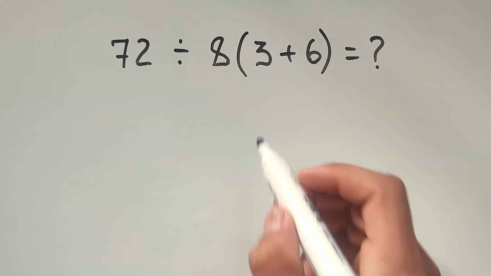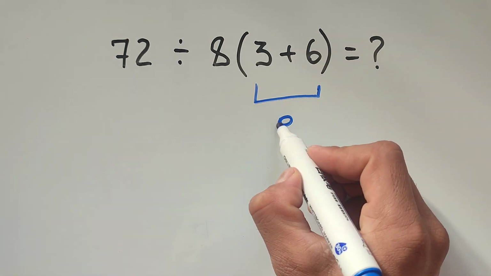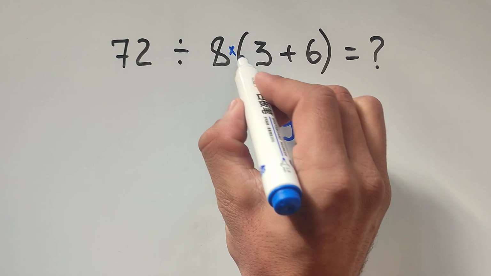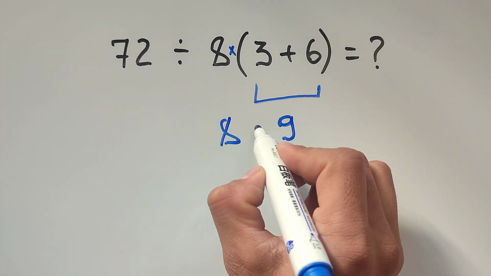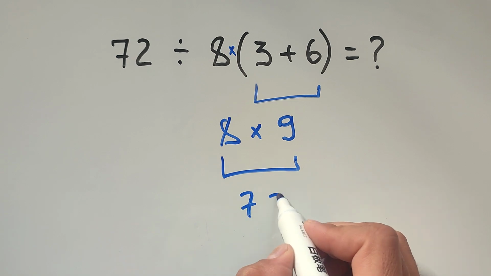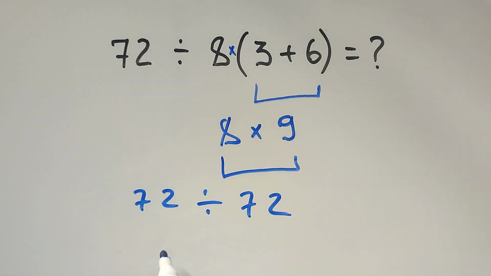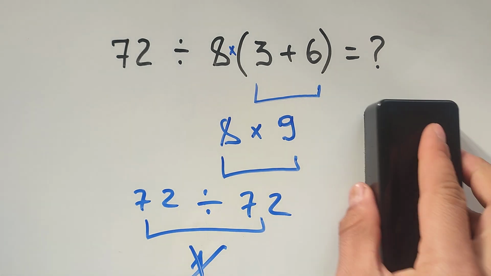First, we do this. 3 plus 6 equals 9, and there is multiplication here. 8 times 9 equals 72, and 72 divided by 72 equals 1. But this is not the correct answer, because